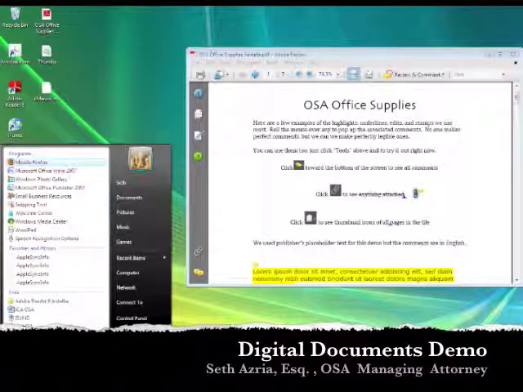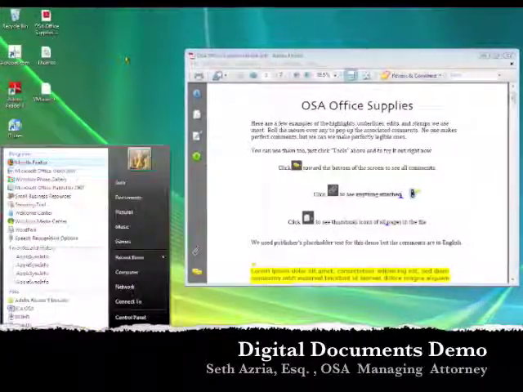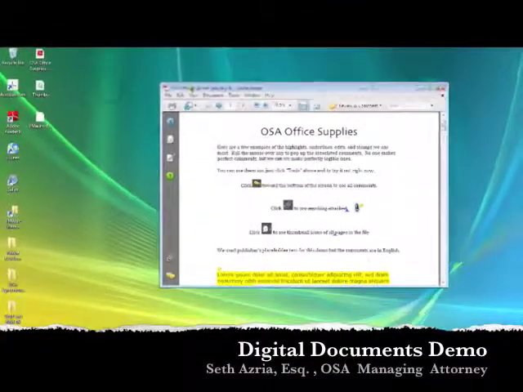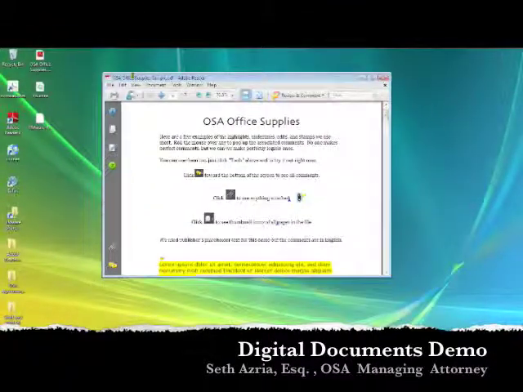I just want to give you a quick demonstration of the office supplies document, downloaded from Offsite Associates. Right here, I have it open. Right now, I'm working on a PC. This is Vista,